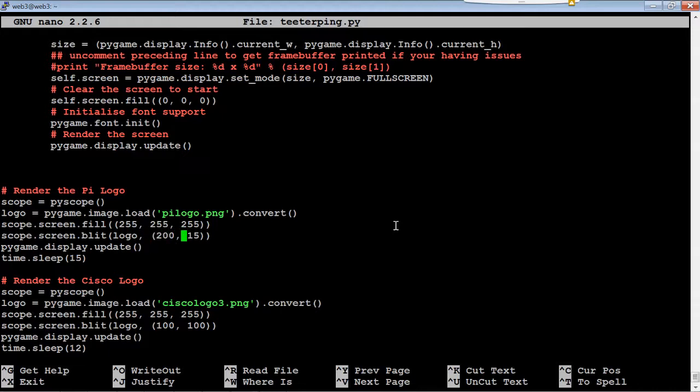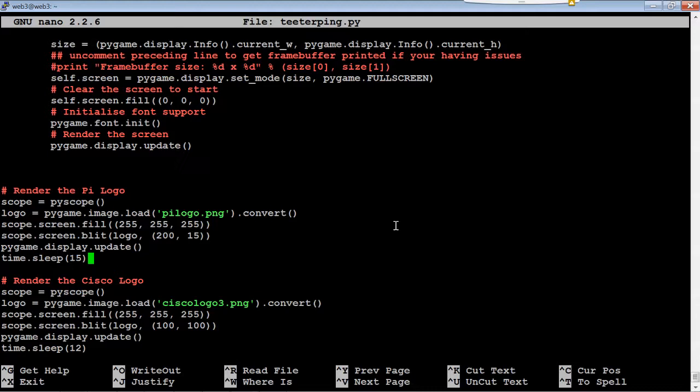With Pygame, this is all being done in the background, which is what makes Pygame so attractive. It gets that rendered, and once it's ready, you can tell it to display it, and it basically flips that. That way, if you're doing lots of graphics, it's very smooth because the image is already rendered from a compute standpoint before it's actually displayed. So we display the Pi logo, and then we have a command to pause for 15 seconds,